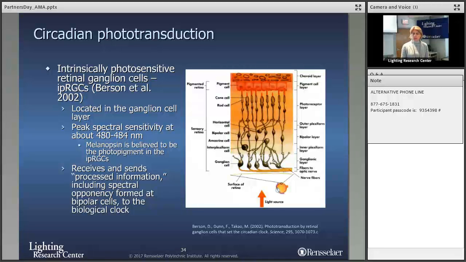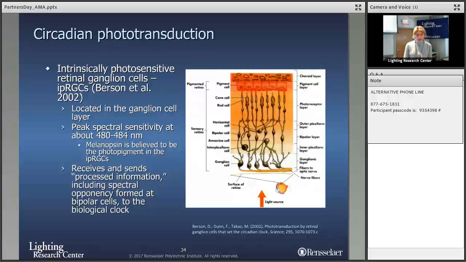Then in 2002, David Berson from Brown University discovered that novel class of photoreceptor, the ipRGCs, or intrinsically photosensitive retinal ganglion cells. They are located in the ganglion cell layer. They have a peak sensitivity at about 480 to 484 nanometers. I do want to point out that that peak sensitivity is longer than the peak sensitivity for acute melatonin suppression, which is close to 460 nanometers. And obviously, I'll tell you in a minute why. It's because the ipRGCs do receive processed information, including spectral opponency, from the classical photoreceptors